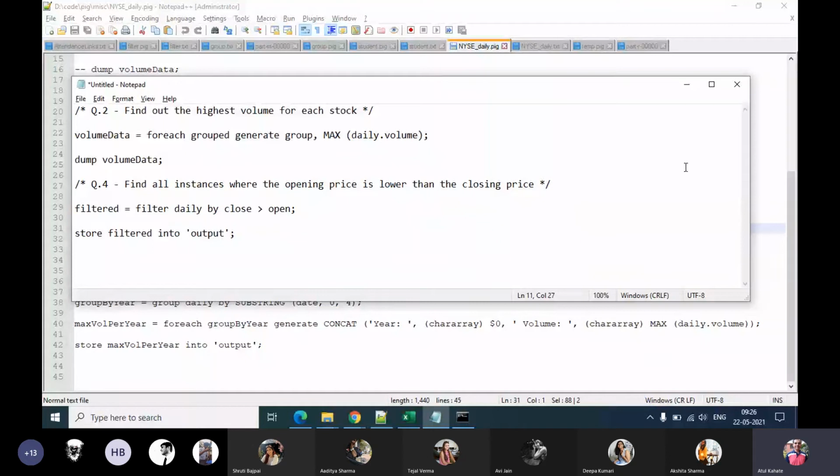Obviously, one solution is you keep on saying output 1, next time output 2, output 3, but that is a tedious process. There is a simple trick that Pig allows you to do, which is to directly write HDFS type of statements in your Pig script.